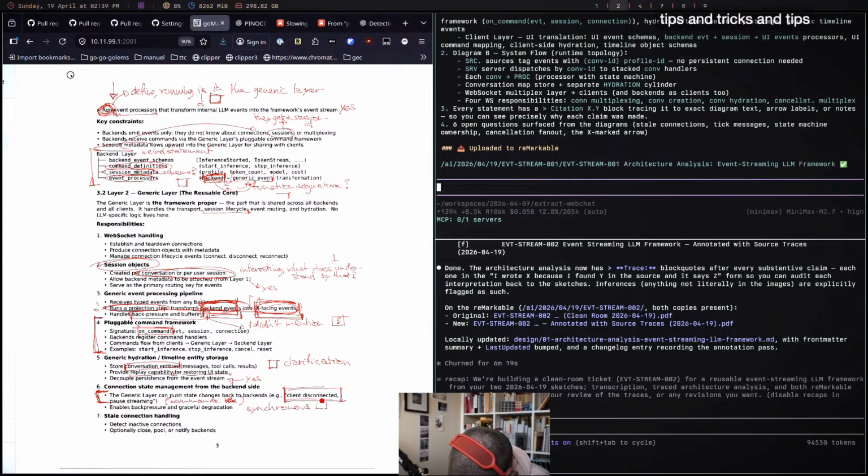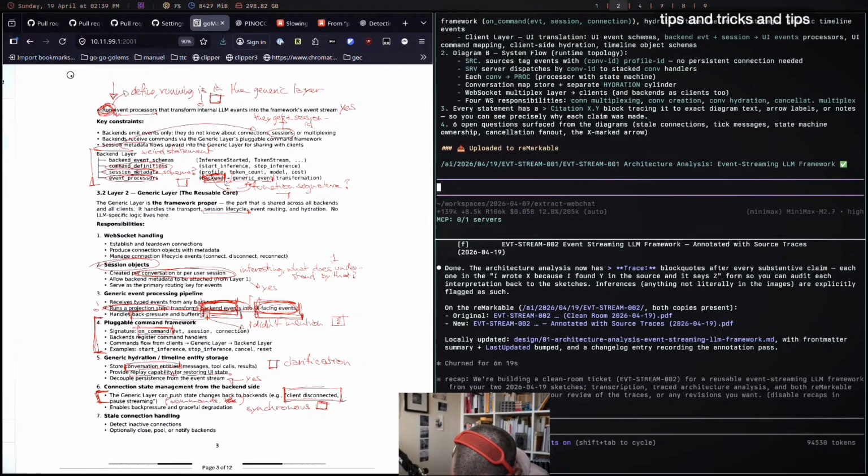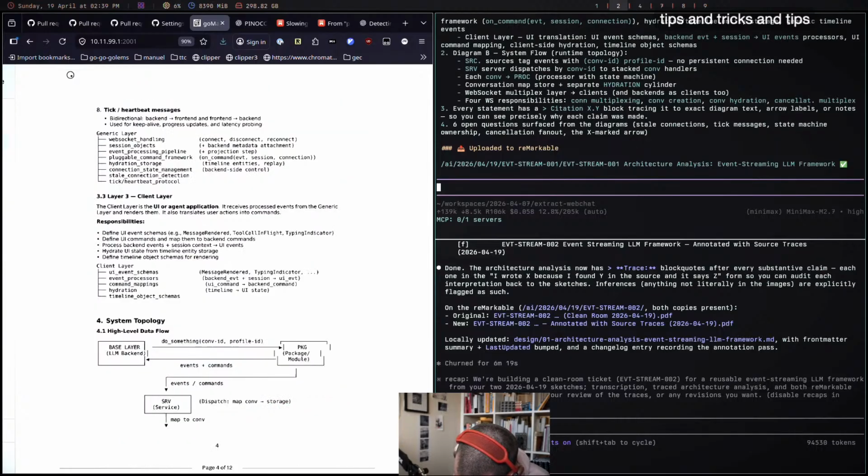So I'm putting a little box next to it so that I remember to go to it, because then I can check off the boxes and say, oh, I put this into my conversation. Take heartbeat. See, it made two sections for the stale connection and heartbeat, and I think those are kind of right: progress updates, latency probing, keep alive. I only want the tick heartbeats to be only for staleness.